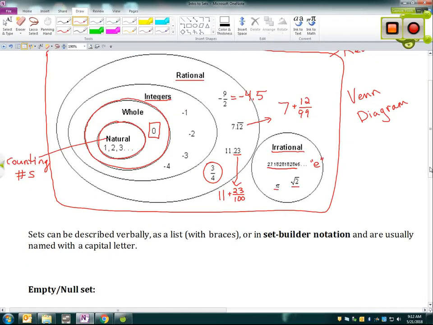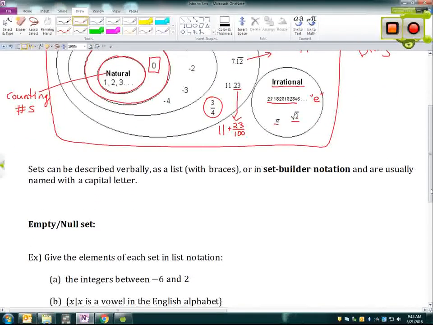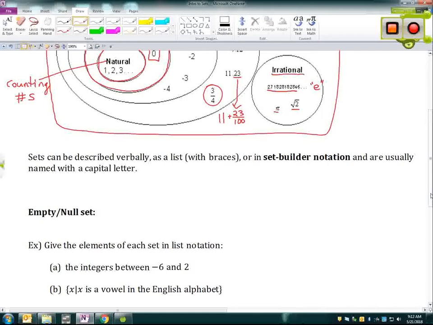All right, so again, we're talking about sets, but these terms will come up as you're going through some of the practice problems and in the notes. So I want to make sure everyone understands what each of these terms mean. If I say integer, we know that I'm talking about the positive or negative whole numbers. Sets can be described 3 different ways.